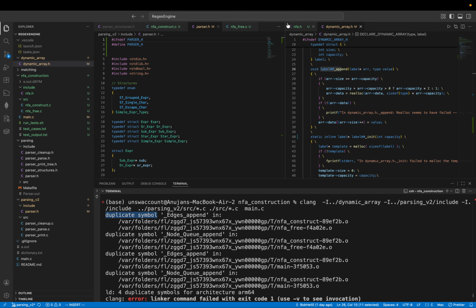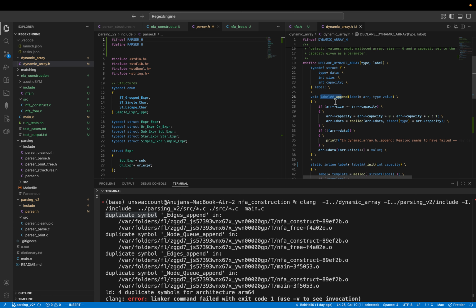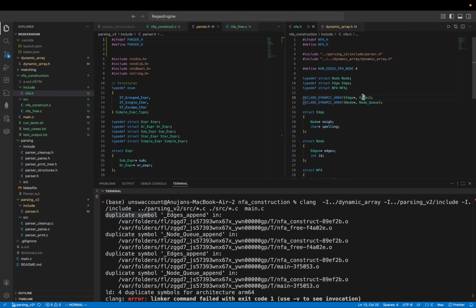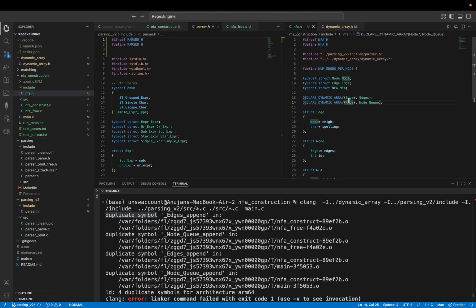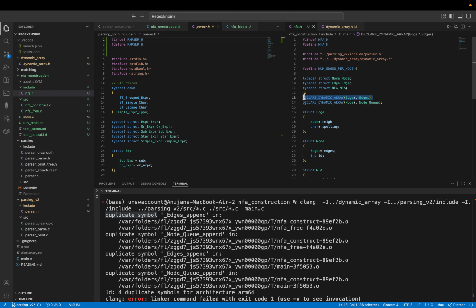Let me just first explain. There are these 2 types I've created, edges and node q, which rely on the declare dynamic array macro, where basically edges is going to be a dynamic array which holds a bunch of edge pointers, and node q is going to be the dynamic array that holds a bunch of node pointers. So edge pointers, node pointers. And the idea is when you do this,